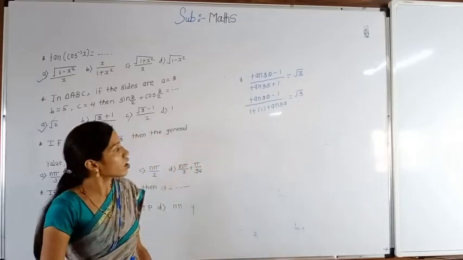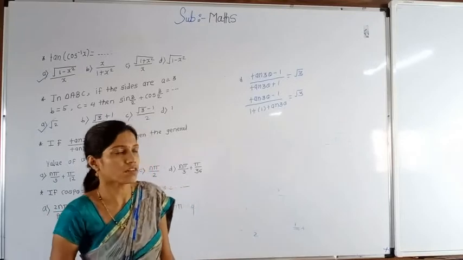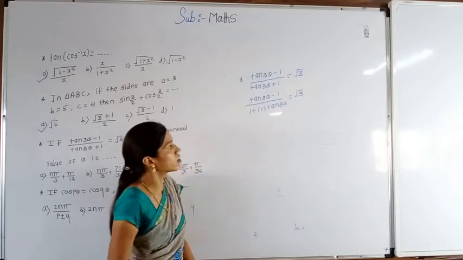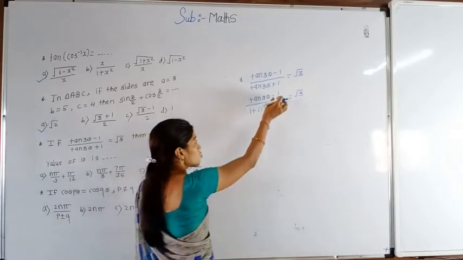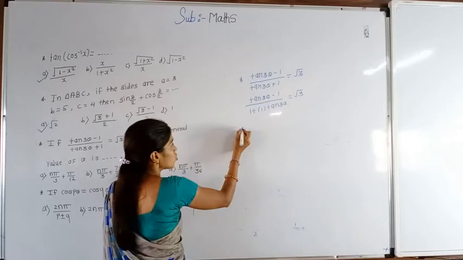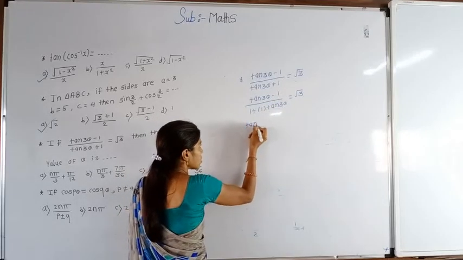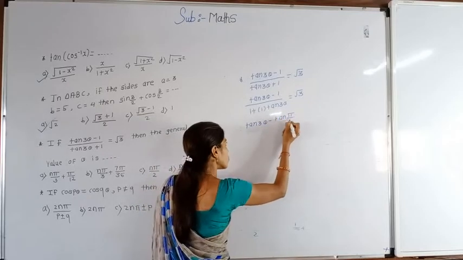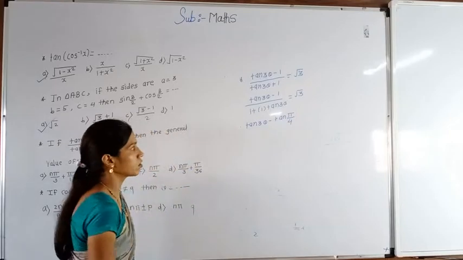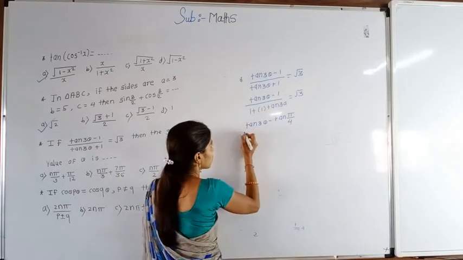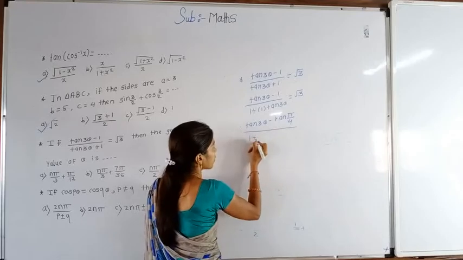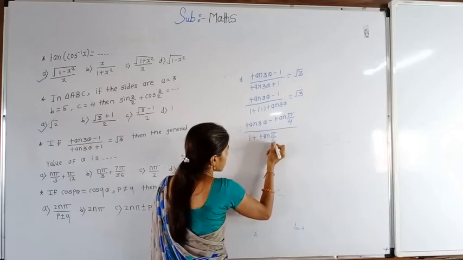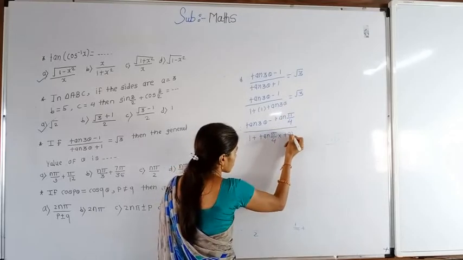So for transforming this equation to the standard form, we know the formula. See here, first substitute the value of 1 in terms of tan. So we can write tan 3 theta minus tan, and we know that tan pi by 4 gives the value 1. So 1 we can write as tan pi by 4, whole term divided by 1 plus 1, we can write tan pi by 4 into tan 3 theta as it is.